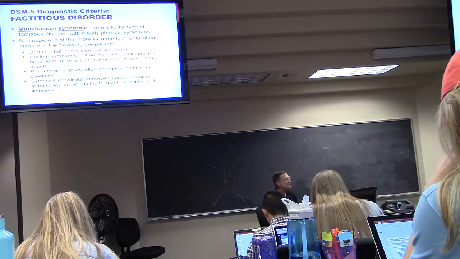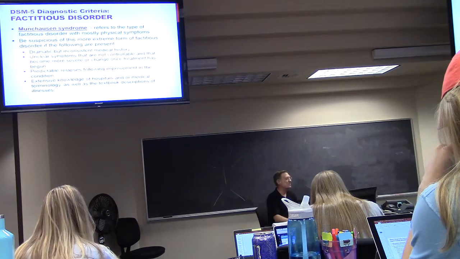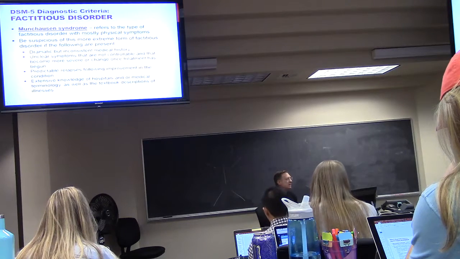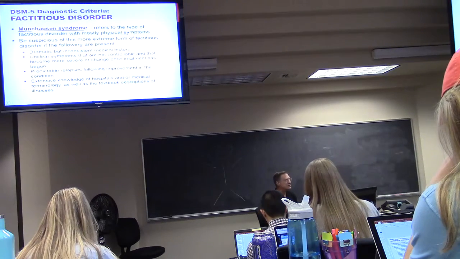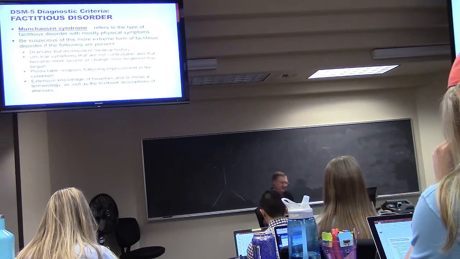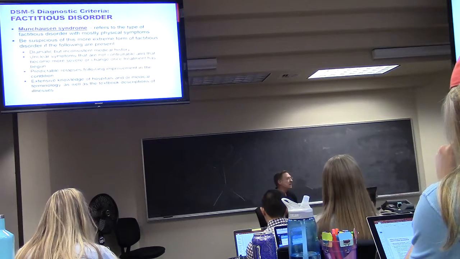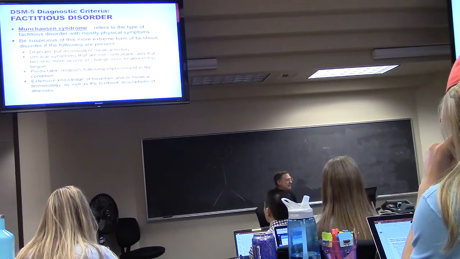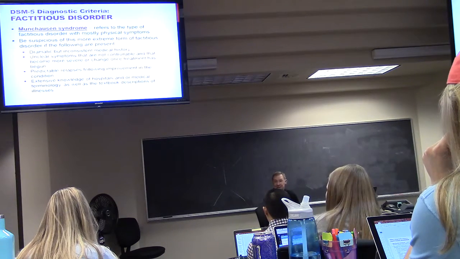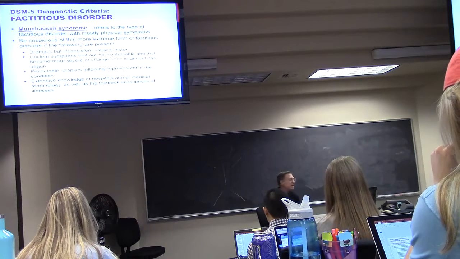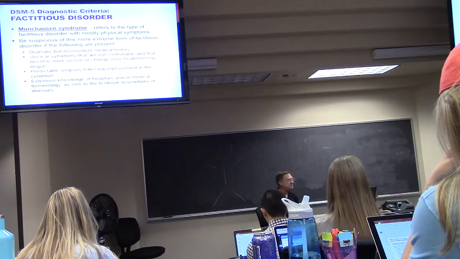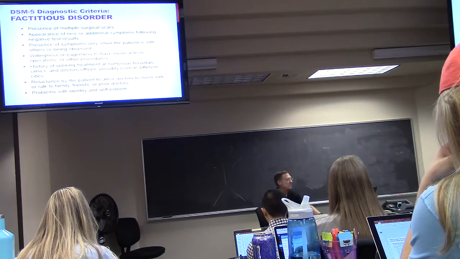You'd be suspicious of this more extreme form of factitious disorder if the following are present, all of these things. Dramatic but inconsistent medical history. Unclear symptoms that are not controllable and that become more severe or change once treatment has begun. Oh, we're going to treat that, not something else. We're going to treat that, something else. They're determined to be sick. Predictable relapses following improvement in the condition. Because if it was working psychologically before, they'll have to have it come back because it just can't be given up that easily. Extensive knowledge of hospitals and/or medical terminology, as well as the textbook descriptions of illnesses. They've been all over it.